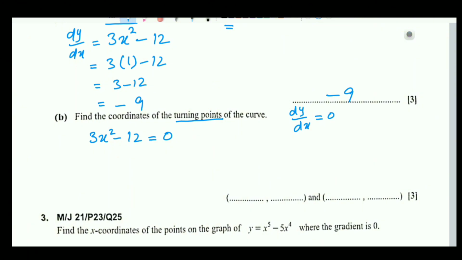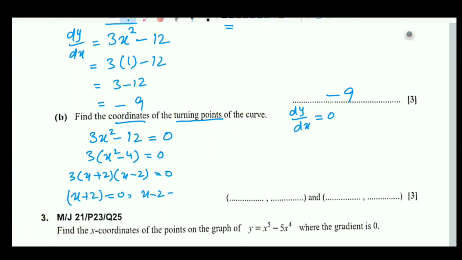And how do we find the coordinates? We will factorize it. We can see that 3 is common here. 3 into x square minus 4 is equal to 0. So 3 into x plus 2 into x minus 2, a plus b into a minus b is the formula. So 3 is equal to 0, 3 will go there and it will become 0. And how will we make two equations? x plus 2 is equal to 0 and x minus 2 is equal to 0. So x is minus 2 and here x is positive 2.